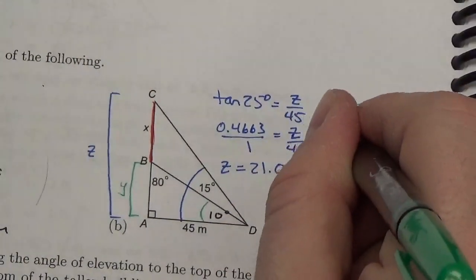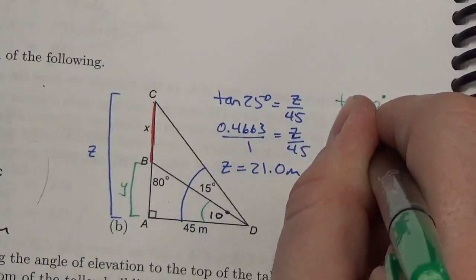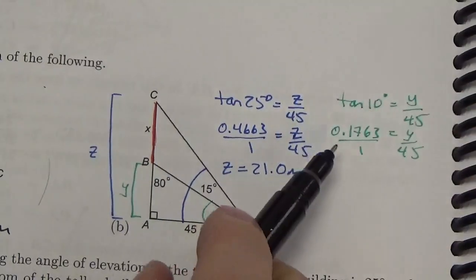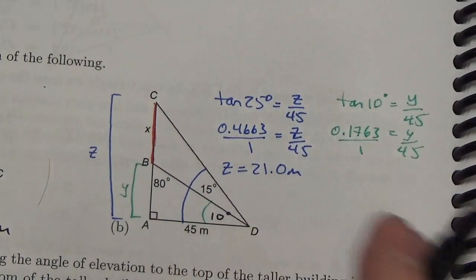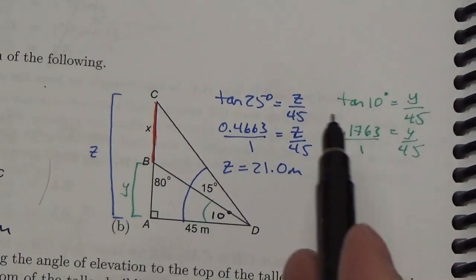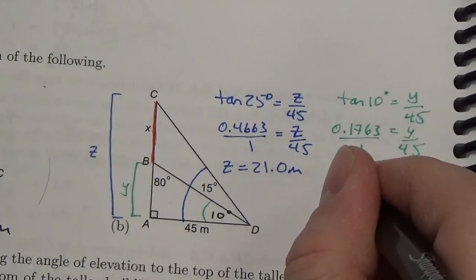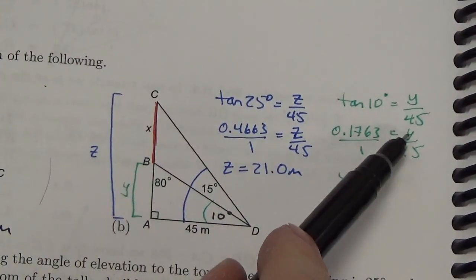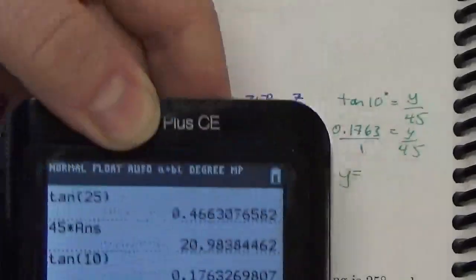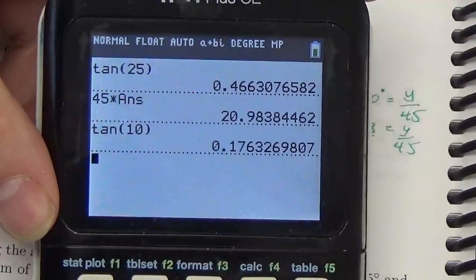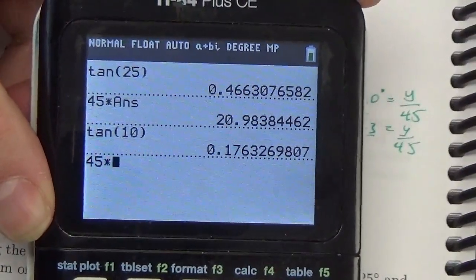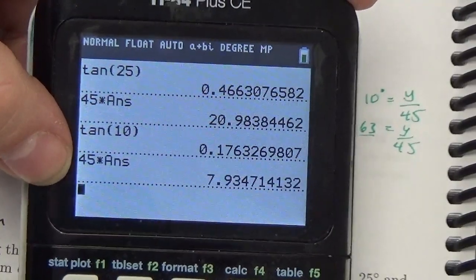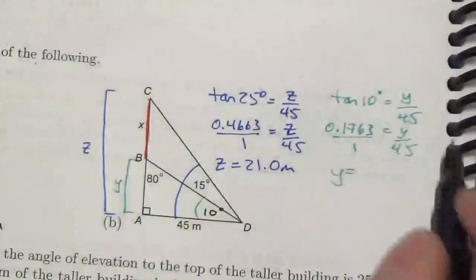Okay, so 0.1763 is y over 45. And I'm going to make that 0.1763 over 1, just to make that easier. When I cross multiply, again, that's going to be a nice thing to do here, because it's going to be 1 times y, and then 45 multiplied by that result that I just got. And to the nearest tenth, I get 7.9